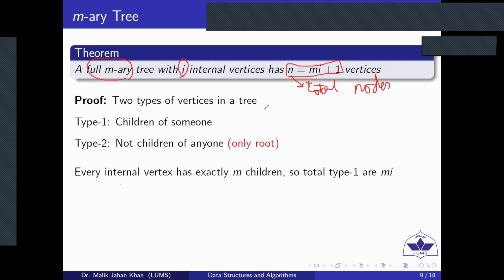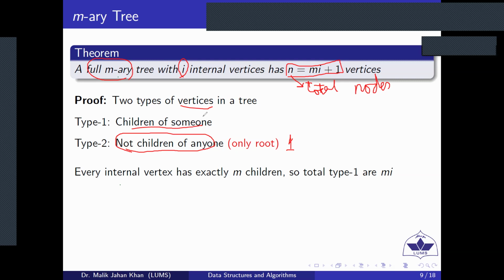If you think of a tree, it has two types of vertices. Type 1 are the vertices which are children of someone, and type 2 are the vertices which are not children of anyone. In any tree, the number of type 2 nodes is only going to be 1, and that node is called the root node. So the root node is the node which qualifies this condition. All those nodes which are not child of anyone, their count is 1. The rest of the nodes are going to be child of someone,